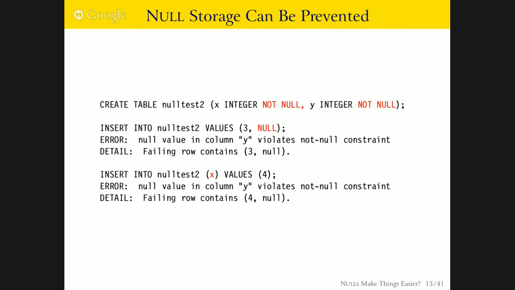So the question is, if you wanted to explicitly say nulls are allowed, you could put the word null after the field, after the data type, to say, I do allow nulls here. But because the default is null, nobody uses it because it doesn't have any meaning, right? Yeah, so I would love to have had the standard the other way. The reason it's not that way, I think, is because